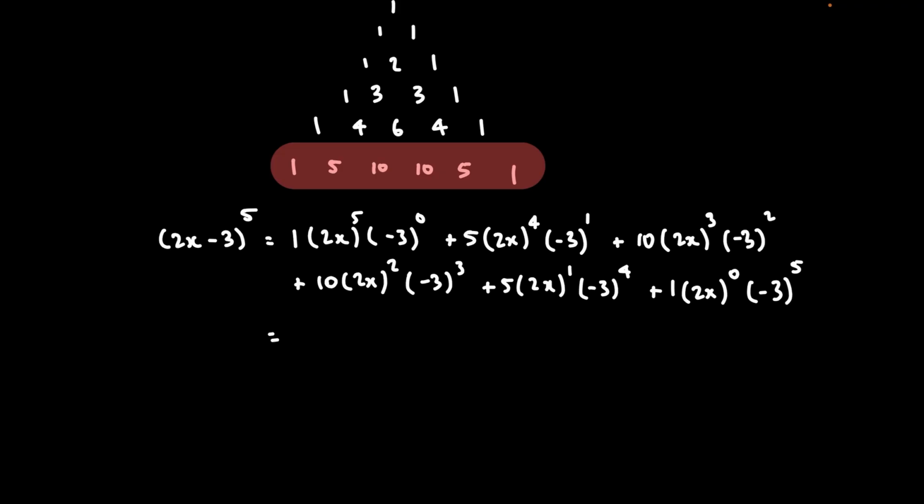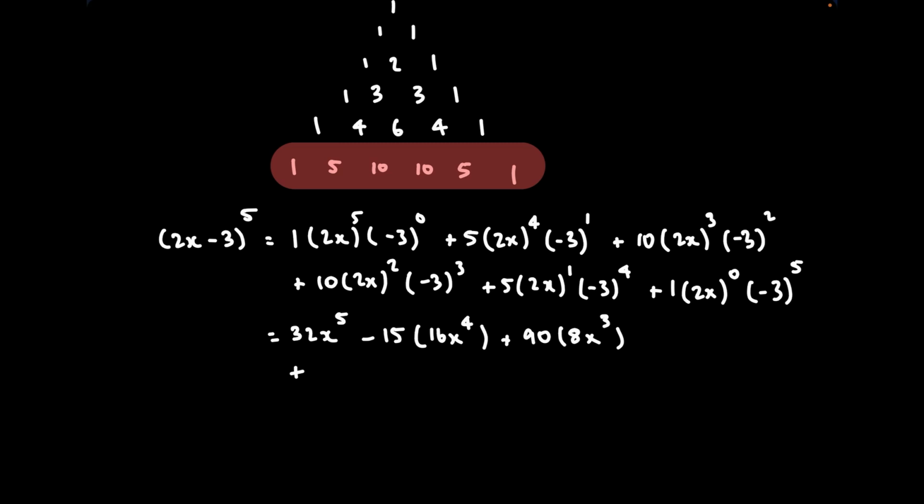And now all we have to do is simplify this. So the first term, 2x to the power of 5 is simply 32x to the power of 5, plus we want to expand this term here, and without the use of a calculator, it is going to be quite tricky, so definitely have your calculator on hand. To expand this, it's simply 5 times 3, so minus 15, times by 16x to the power of 4, plus 90 times 8x to the power of 3,